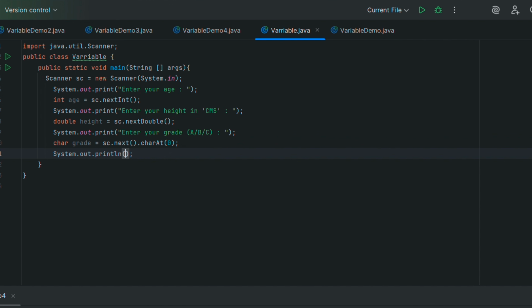Now I'll be taking are you a student, true or false, which is nothing but a boolean data type. System.out.println are you a student, true or false. boolean isStudent = sc.nextBoolean();